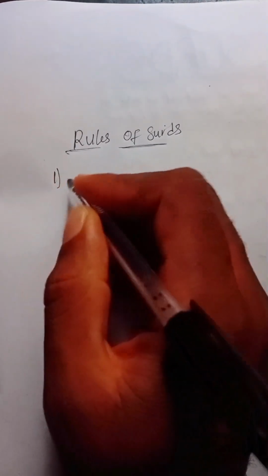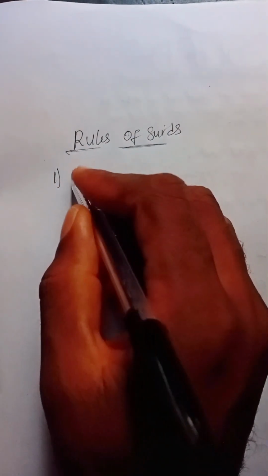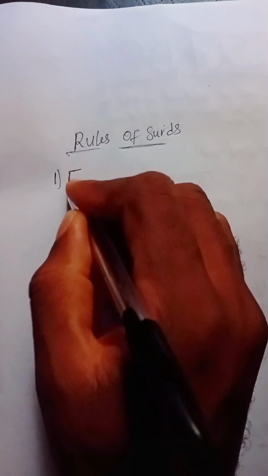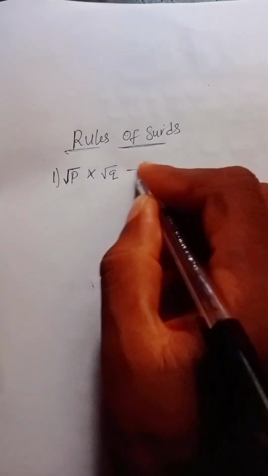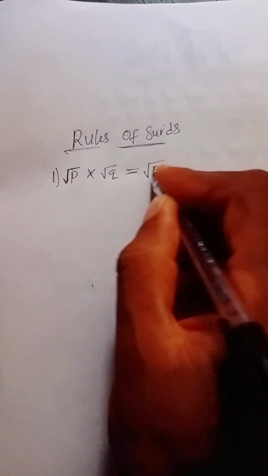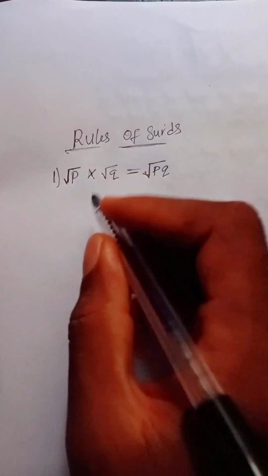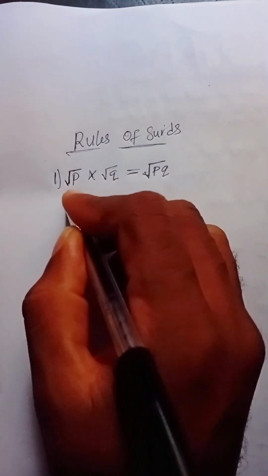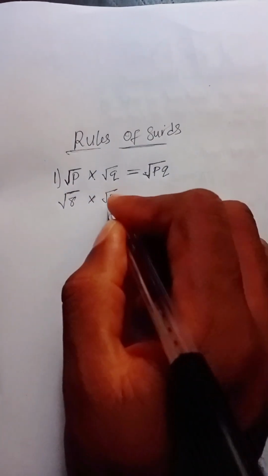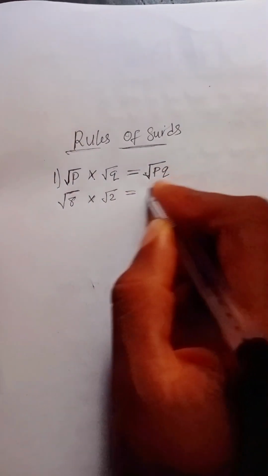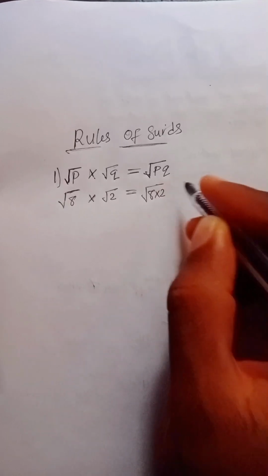Rules of surds. The first rule is the multiplication rule. When two separate surds are multiplied, for example, root p multiplied by root q, this is equal to the root of p times q. So let's make use of values. For example, root 8 multiplied by root 2 is equal to the root of 8 times 2, which equals